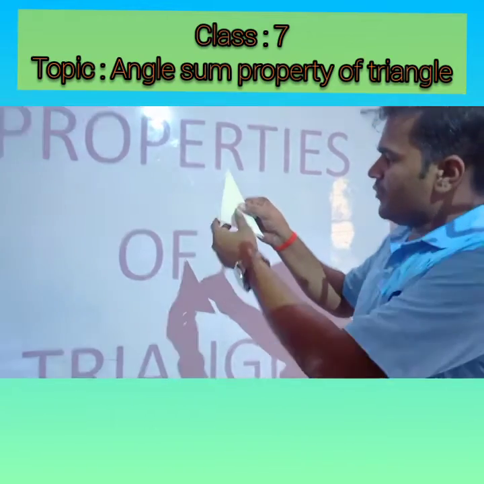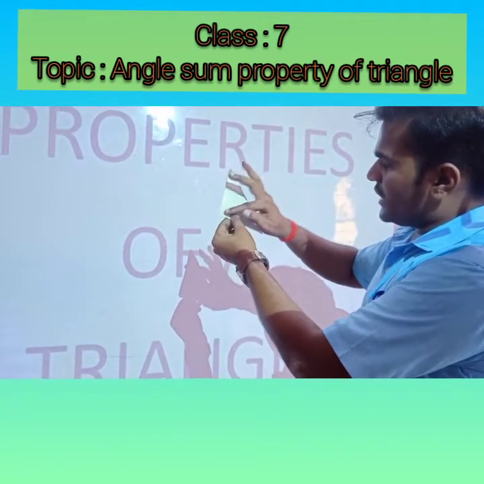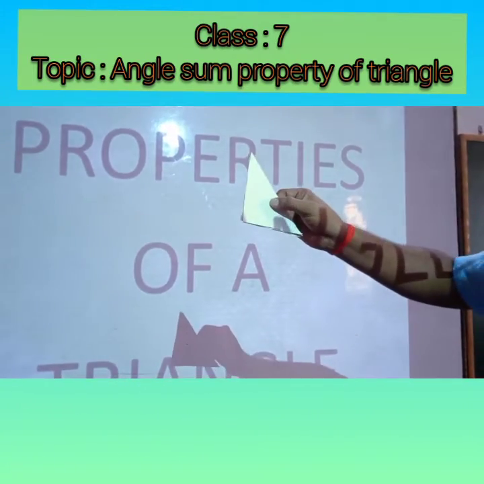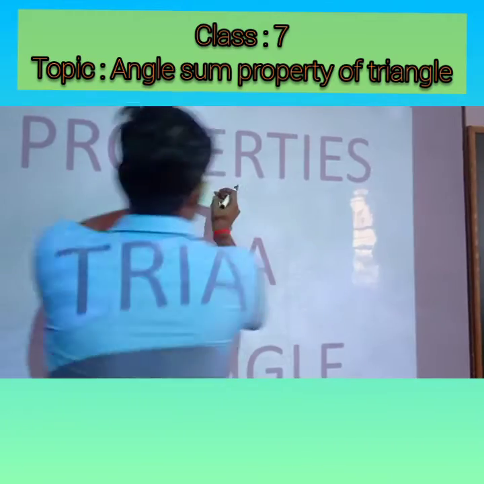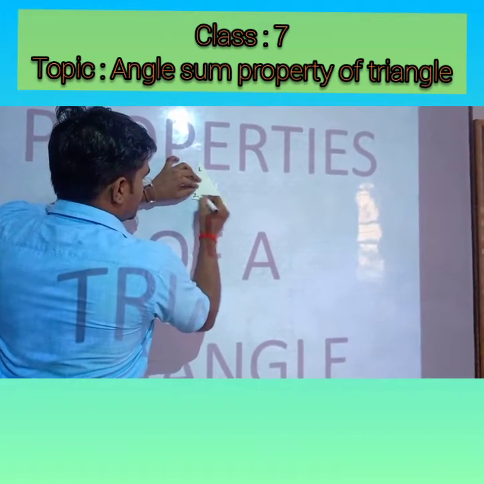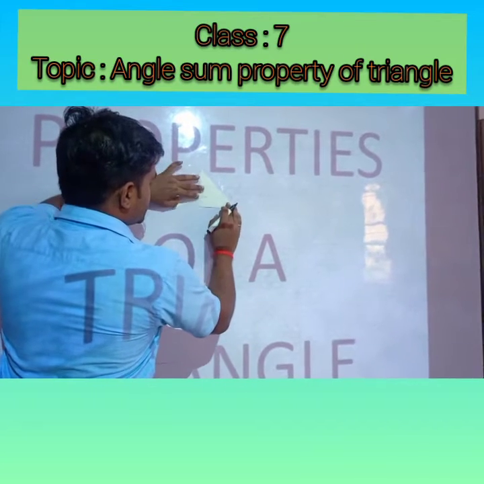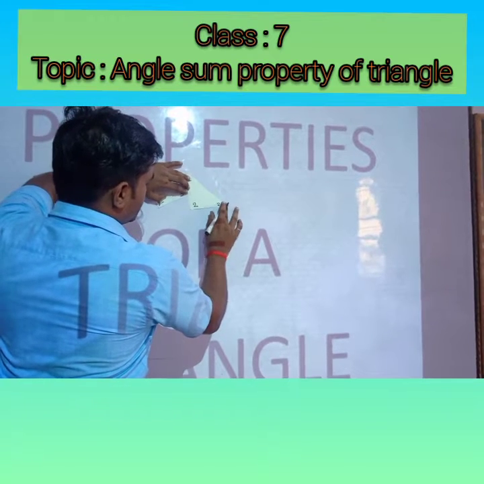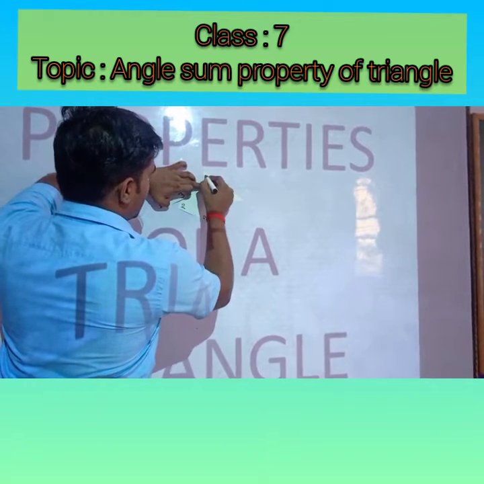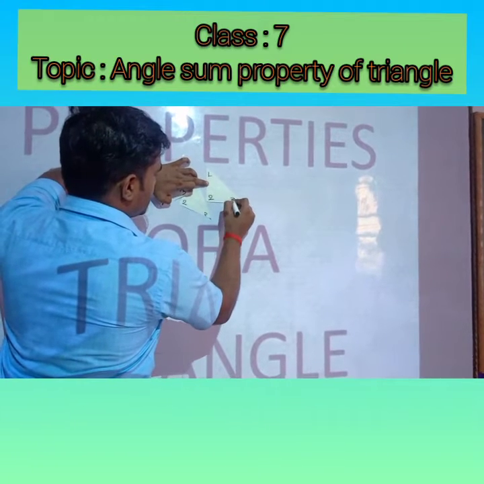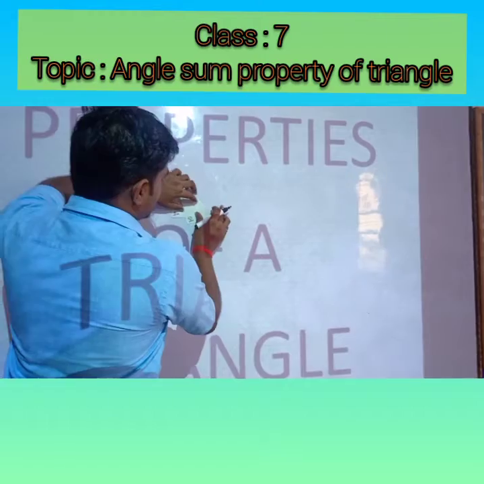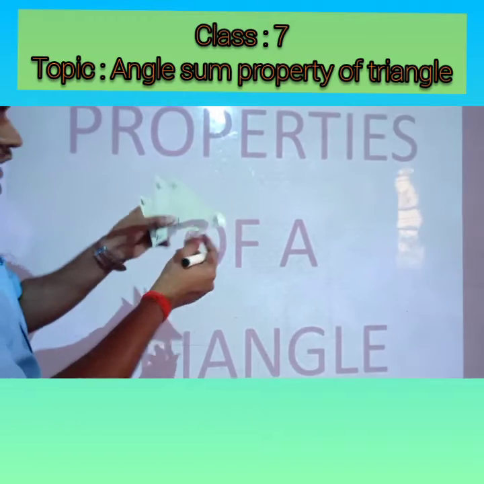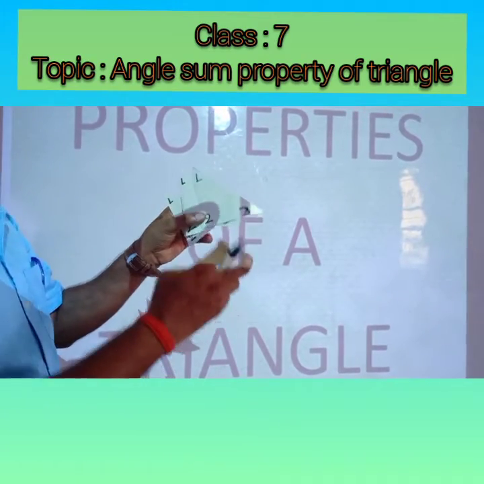Now children, we take triangle 1, triangle 2, and mark angle 1, angle 2 and angle 3. So write their names, angle 1, 2 and 3, in all. This is angle 1, angle 2, angle 3. Like that, you have to write angle 1, angle 2 and angle 3 in the same way. Now in the third one you also have to write angle 1, 2 and angle 3. So children, the sum of all the angles of a triangle is 180 degrees. We have to show it.